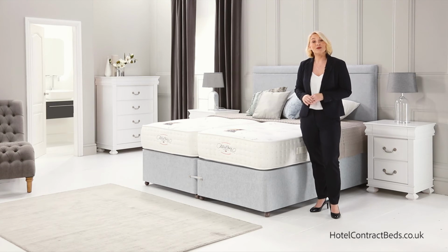All our beds meet with Source 5 contract fire regulations, and we're so confident of the products we manufacture that we back the Marquess 3000 with our